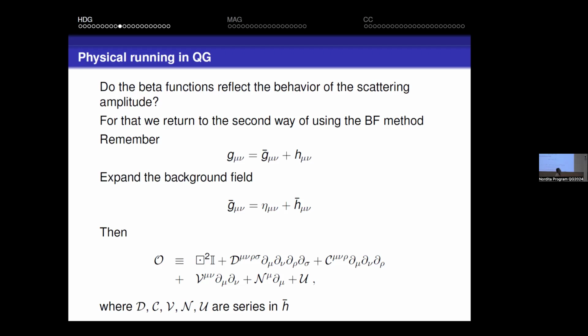So you want the behavior of the beta function. You want the running coupling to run in a way that reflects the behavior of the amplitude with energy. And so the best way to do the calculation then is to use the second method, the one that was used originally by 't Hooft and Veltman, and use a background